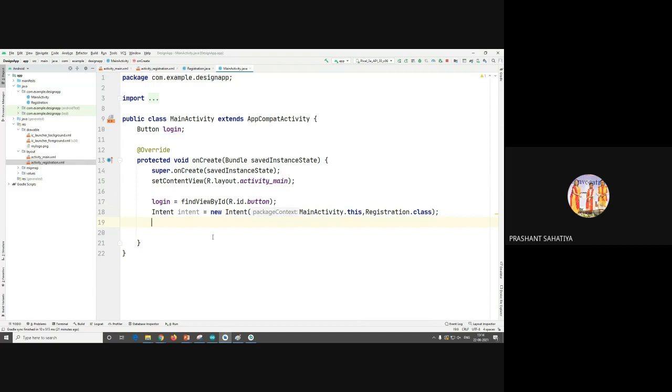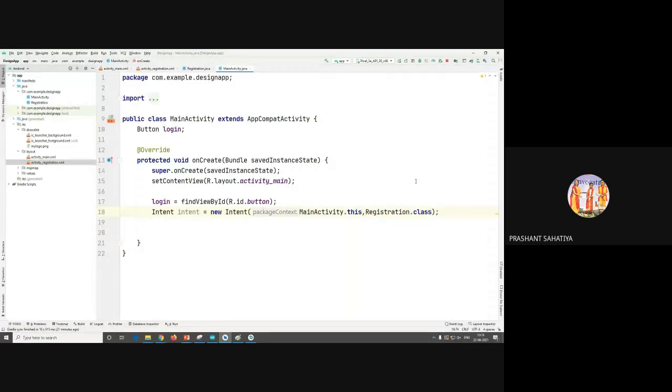That is, you have created the intent. You have created an explicit intent. This is your source. Whatever your context is, right now you are at this position, and you have to write the class name with .this. And where you want to go, the class name, and then .class. This is the syntax of Android Studio that you have to remember.